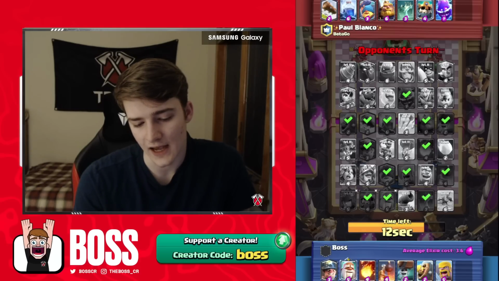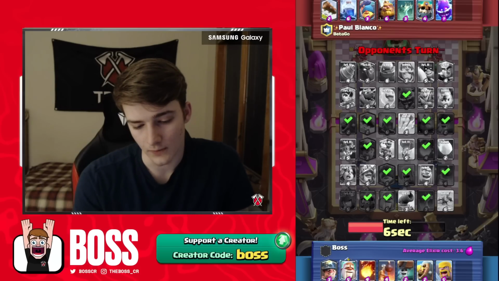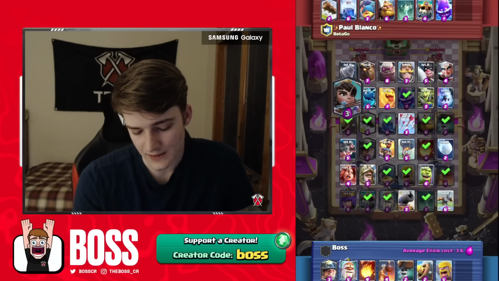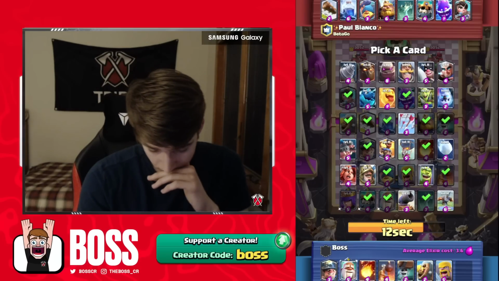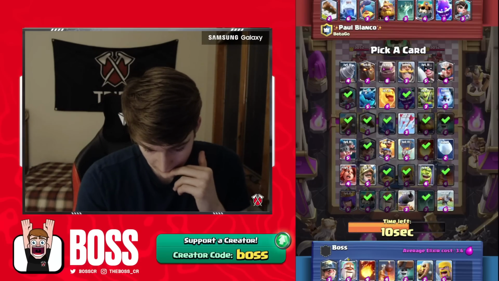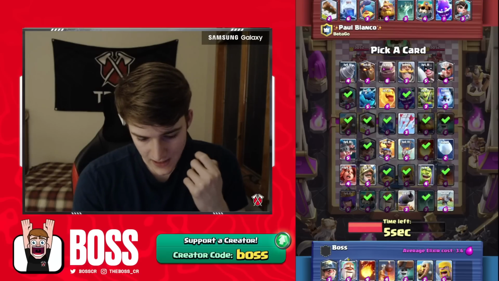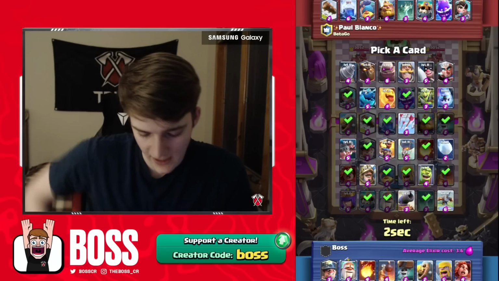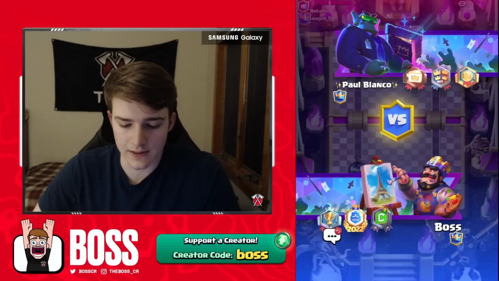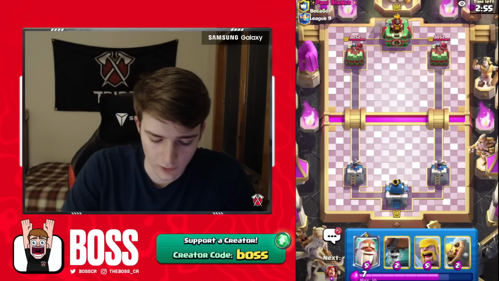So this guy actually has a pretty solid deck. This RG deck he has right here, it used to actually be a meta RG deck a few months ago. So it's a solid deck, but it's really good that we do have the Barbarians. We could take some sort of secondary win condition. Maybe what we should actually take is Valkyrie, just so we have a direct answer to the Skeleton King,